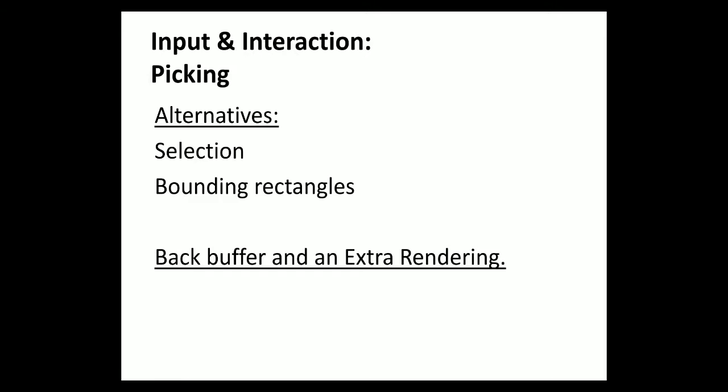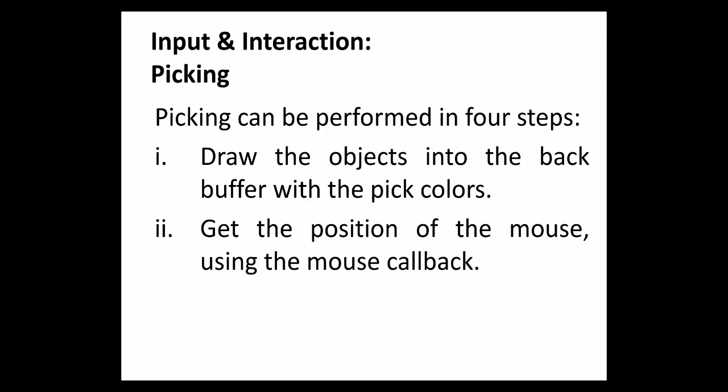Back buffer will be used to calculate, that is, hold the calculated values, whereas the front buffer is the one which holds the values to be displayed on the display. So in this case, when we are picking or selecting or using the bounding rectangle, it is going to extract the portion of the graphic display. With the help of the input that we give, either through the input device, that is mouse, or any other input device like light pen, it is going to store the value of x and y. Based upon that, it is going to extract the portion of the graphic and store it into the back buffer, from which it is copied to the front buffer and hence rendered to the front screen, that is your window.